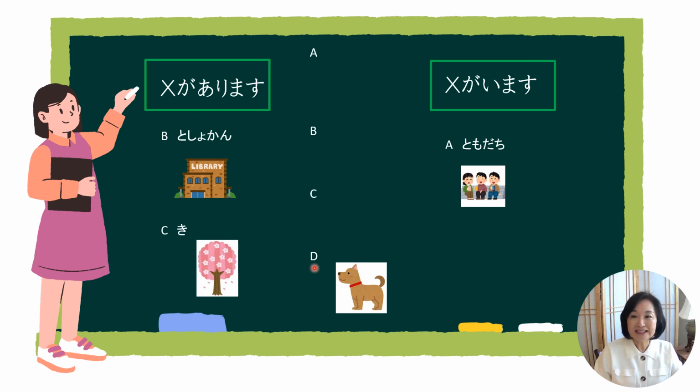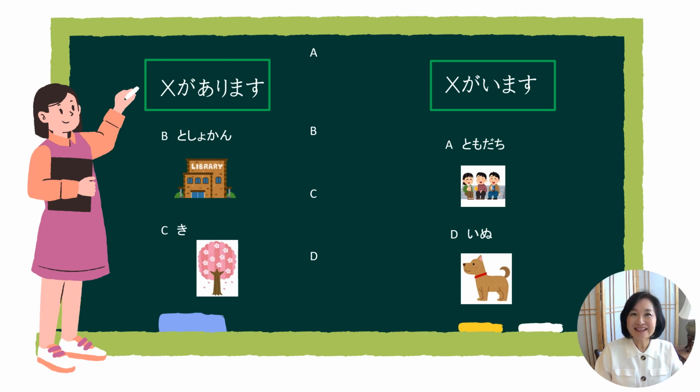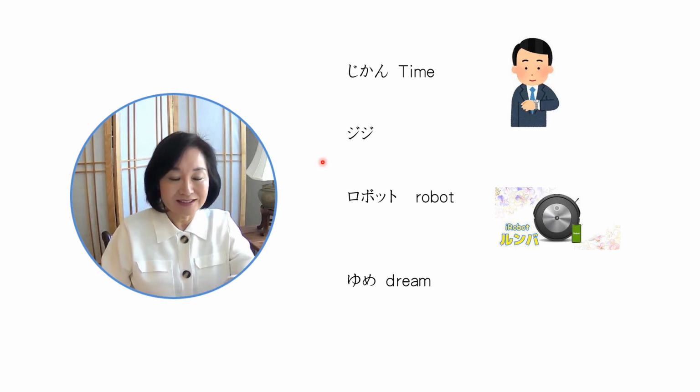How about D? Dogs. They're living and mobile, so they'll be under the います category. 犬がいます。How about this item? 時間 time. I have time. How do you say that in Japanese? 時間があります。そうです。